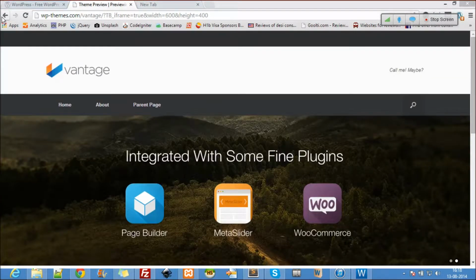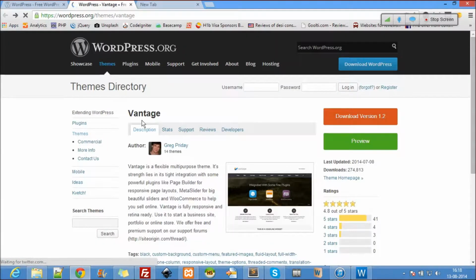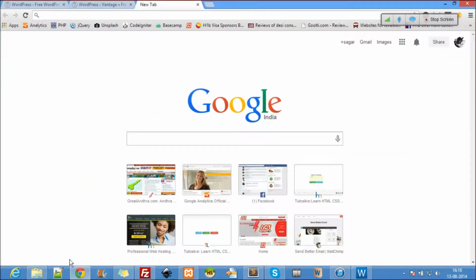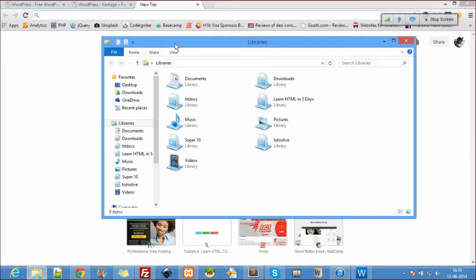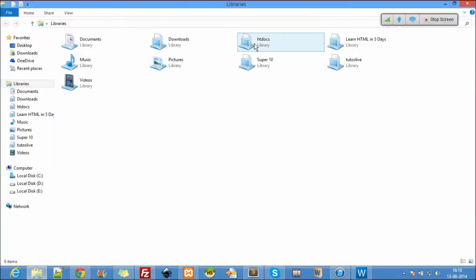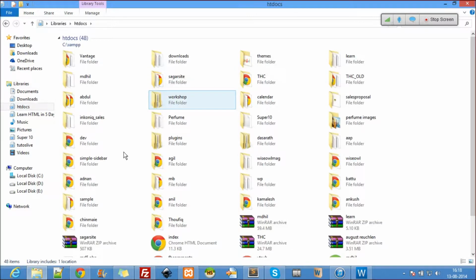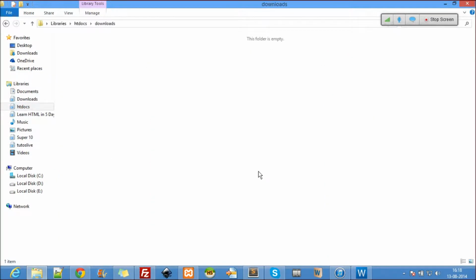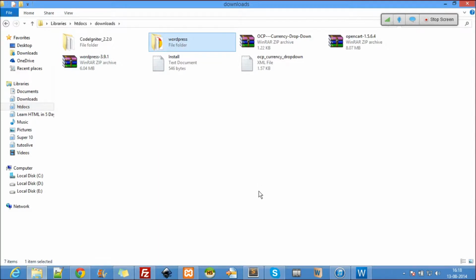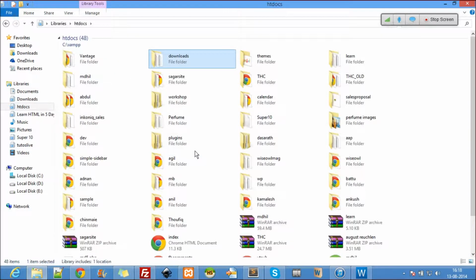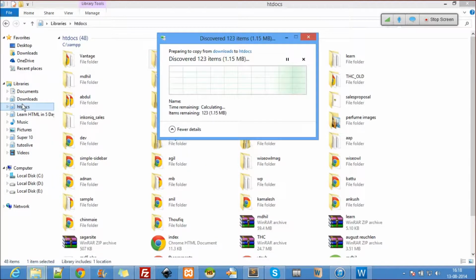Okay, so I'll tell you how to do that. But in the first place, we have to know how to do this WordPress thing, right? So for that, I assume you have installed XAMPP and you know where to put your files. I have downloaded WordPress. Where is this? Downloads here. You see here, I have downloaded WordPress. I copy it and paste it in the htdocs folder. It's being copied.